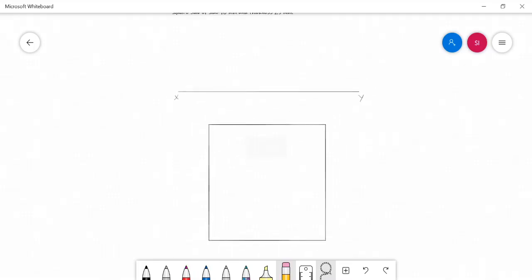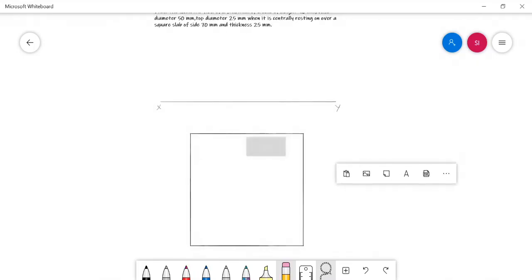And I need to project the corners into the front view.